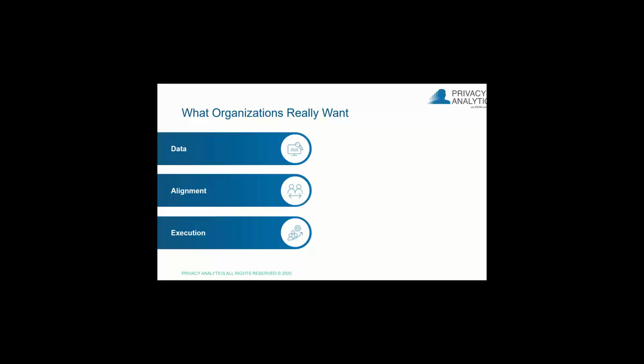Second is they want alignment, right? They have several stakeholders involved. They have business units, they have system owners and operators, they have senior leadership as well. They need to get alignment across these different functions within an organization, and they need to maintain that alignment. And also, obviously they're looking for execution. Once you have alignment, then you can have successful execution in terms of driving the strategy forward, right? They want an actionable strategy so that they can drive those successes forward in terms of those organizational objectives.